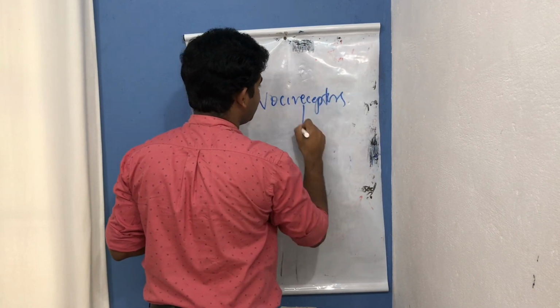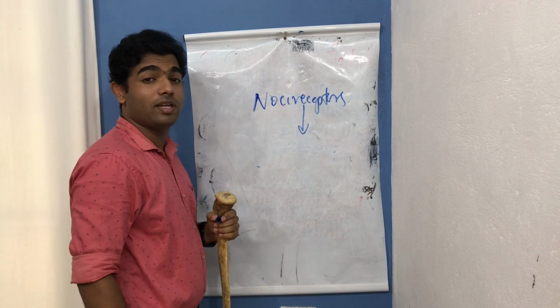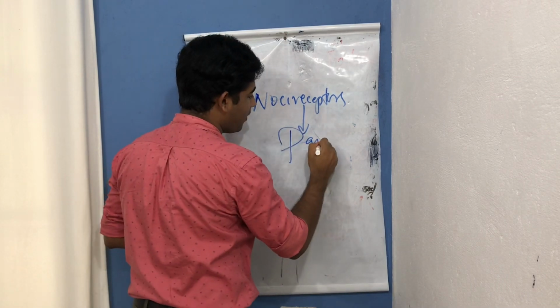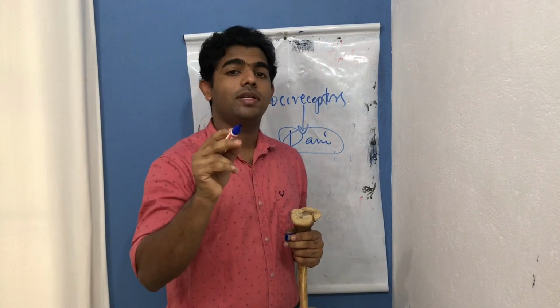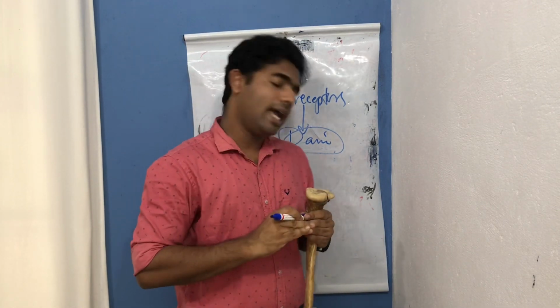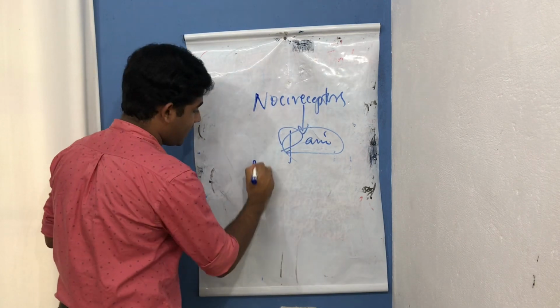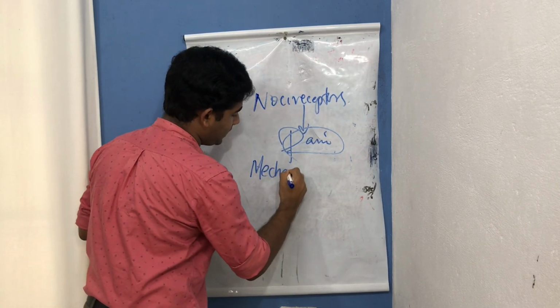And what happens if the number of nociceptors is increased? That is why you sense increased pain when there is meniscal damage. And along with that, the menisci have some mechanoreceptors,